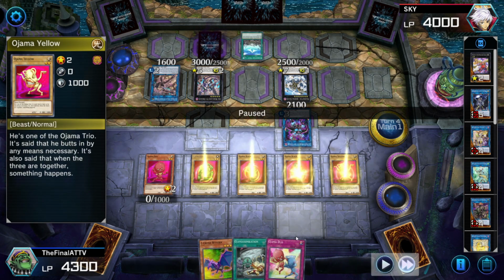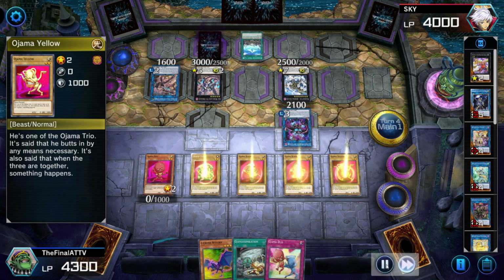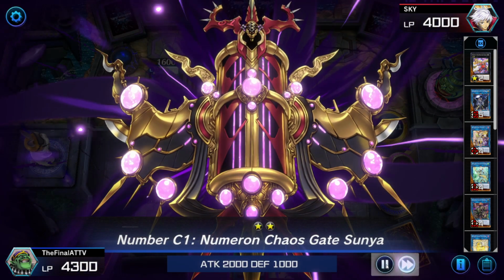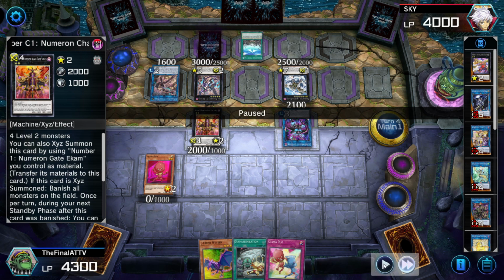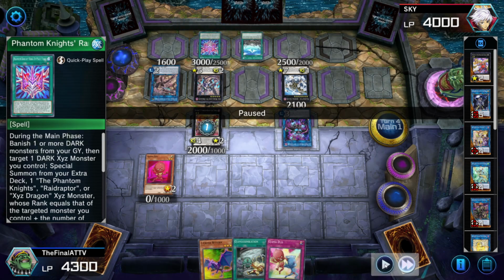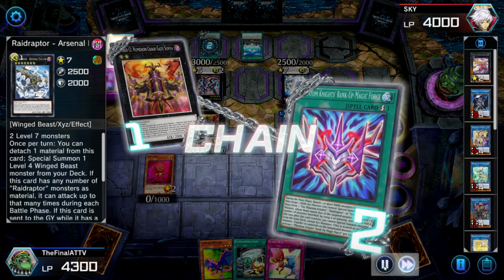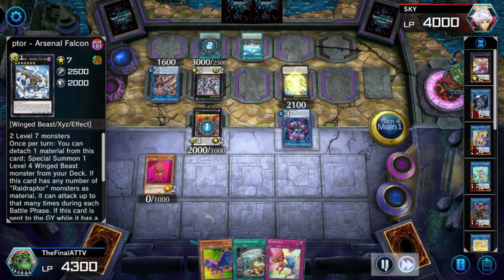The reason I summoned all of them is because I don't need anything in my hand, and Simulation is good. So, guys, we go into number C1 Numeron because it doesn't target anybody and it's gonna banish everybody. He actually has something to respond to this, and this is nice. So he brings out one of the biggest, beefiest XYZ monsters,